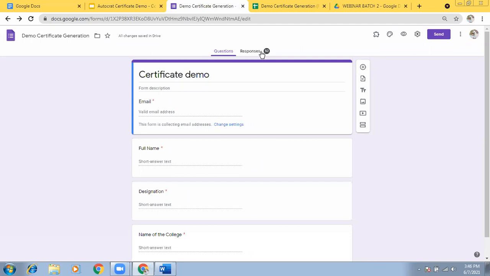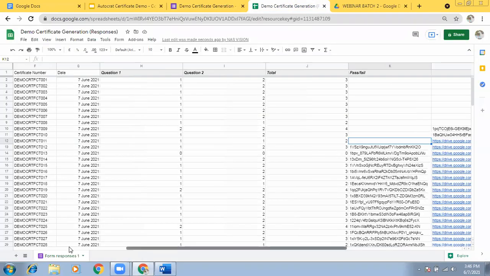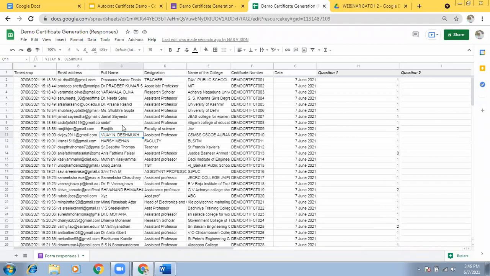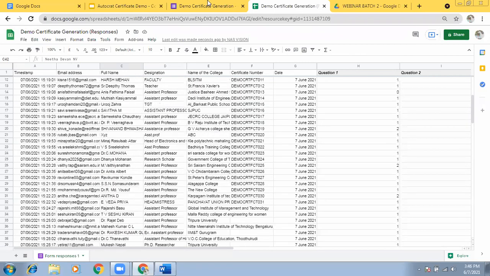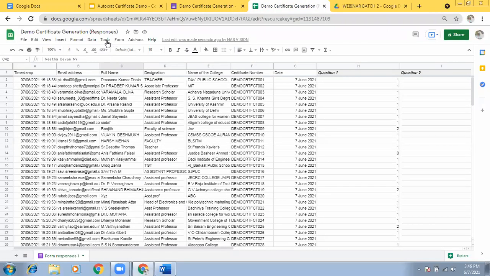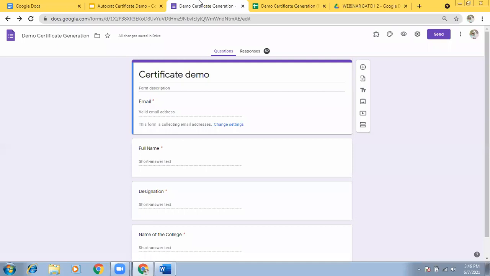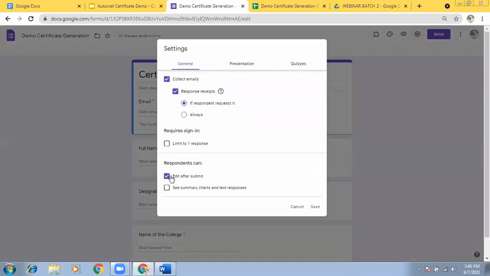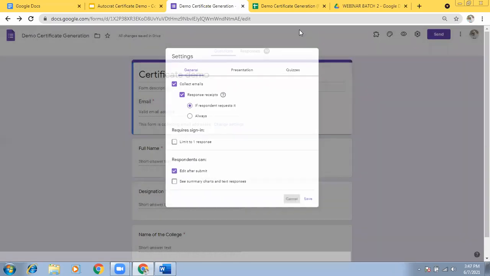Anything else? She can always sort it from the Google Sheet. Yes, it is sorted from the Google Sheet. When we have data, data manipulation, modification, everything can be done from here. And any duplication can also be found on this sheet if we sort, we can identify it. But when we send the result to somebody else, we have to edit and give. That is why I asked. The repetition can be avoided. You just try this way, ma'am. Edit after submit. Okay.